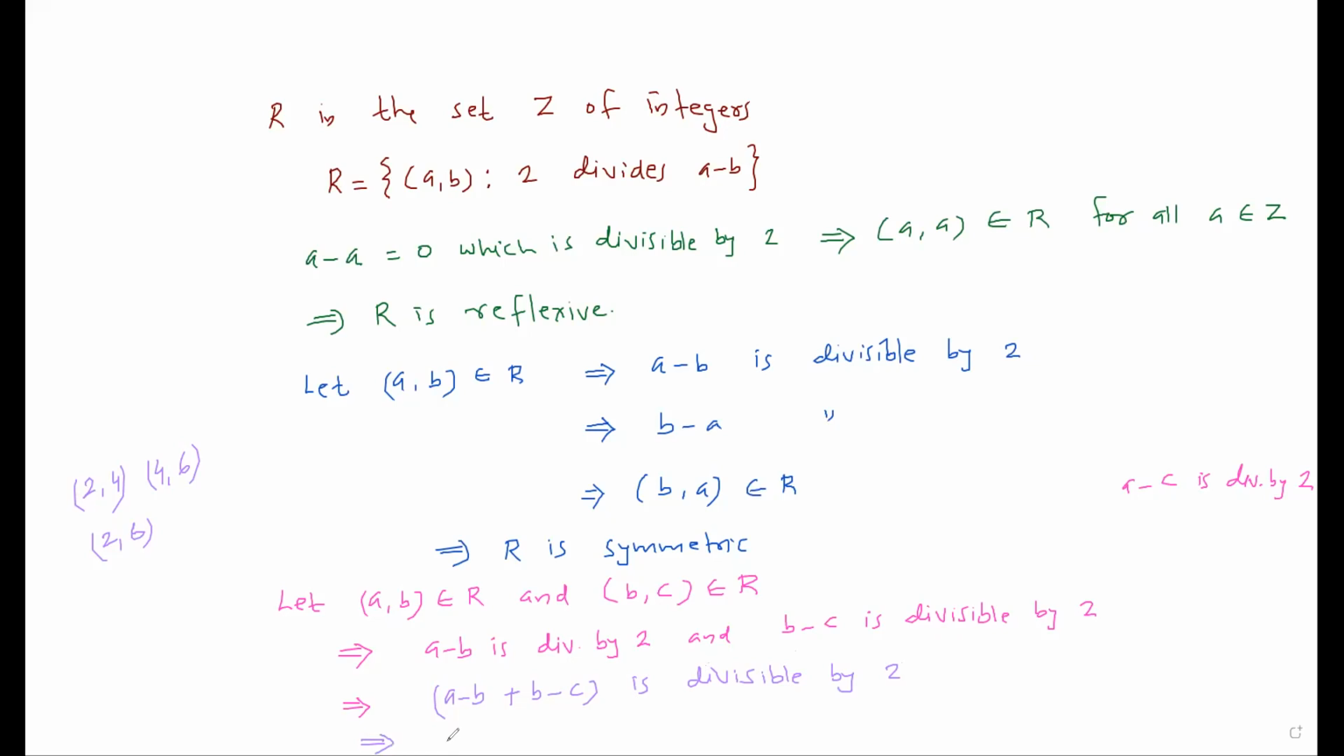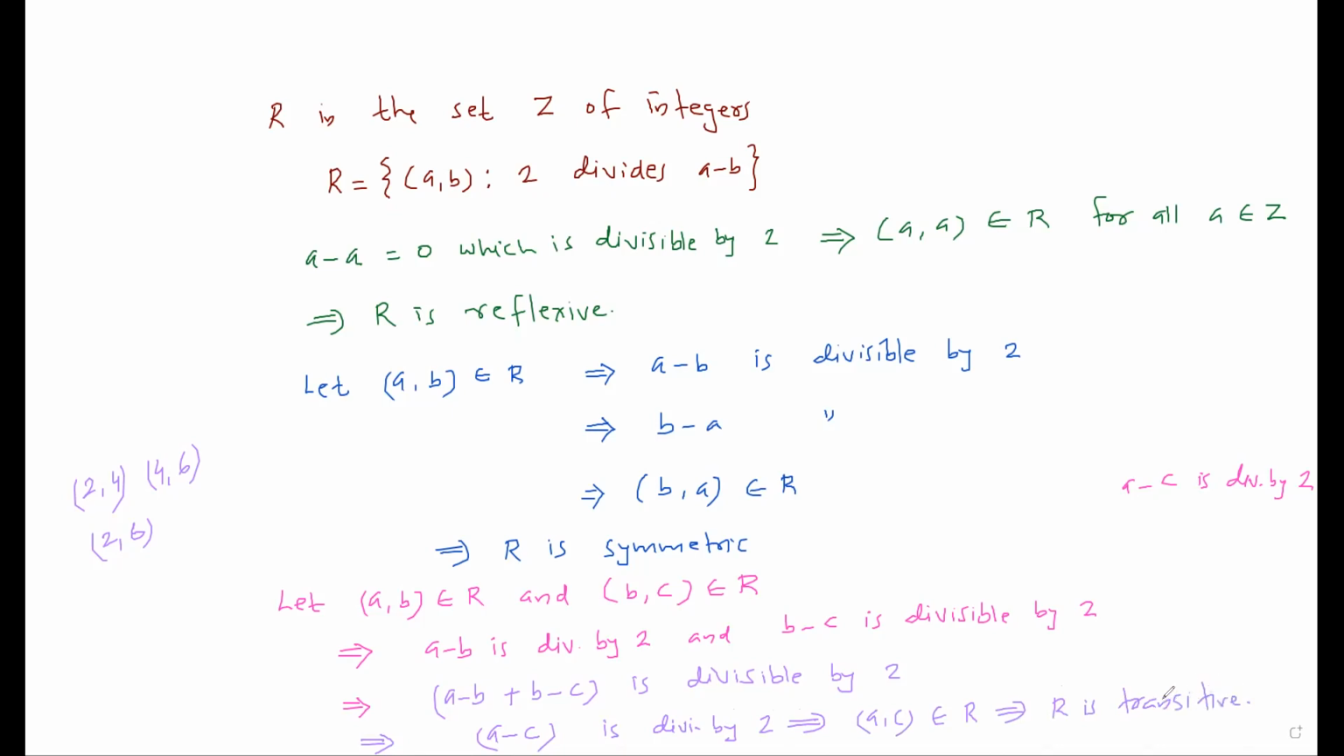So if two numbers are divisible by 2, their sum is also divisible by 2. So that is why A minus B plus B minus C is divisible by 2. So minus B plus B cancel हो जाएगा, इसमें से आपको मिलेगा A minus C is divisible by 2. So that implies A comma C belongs to R. That implies R is